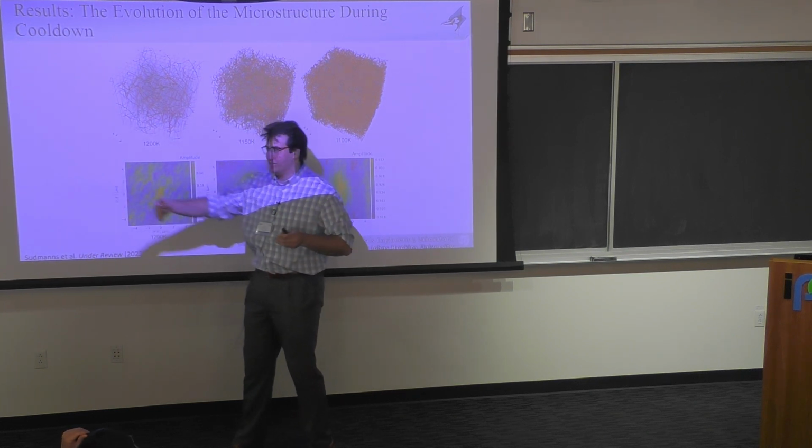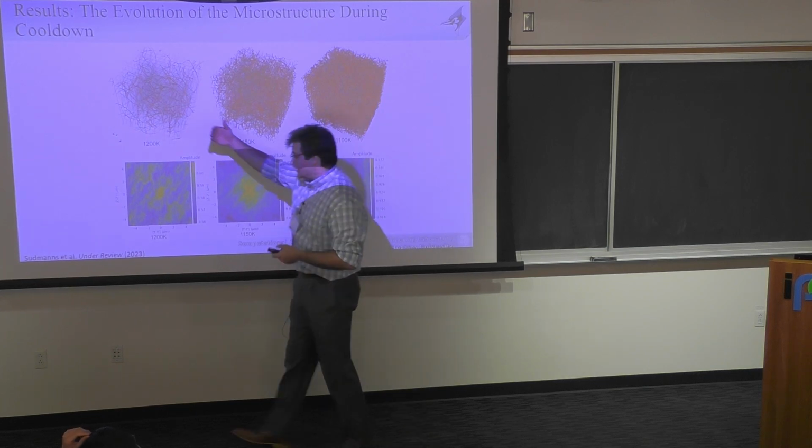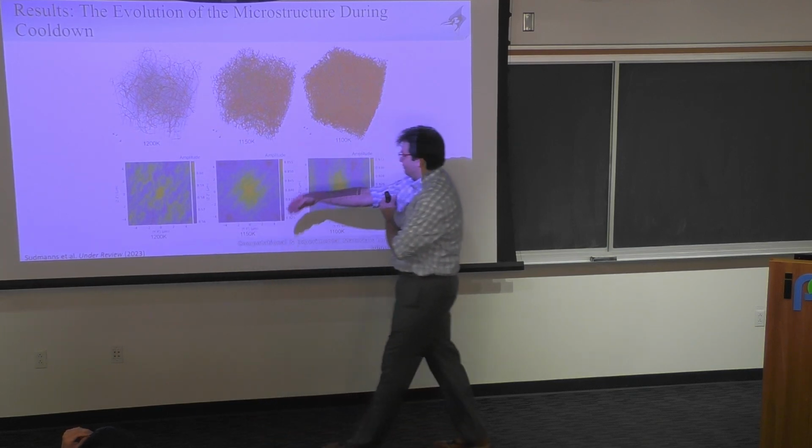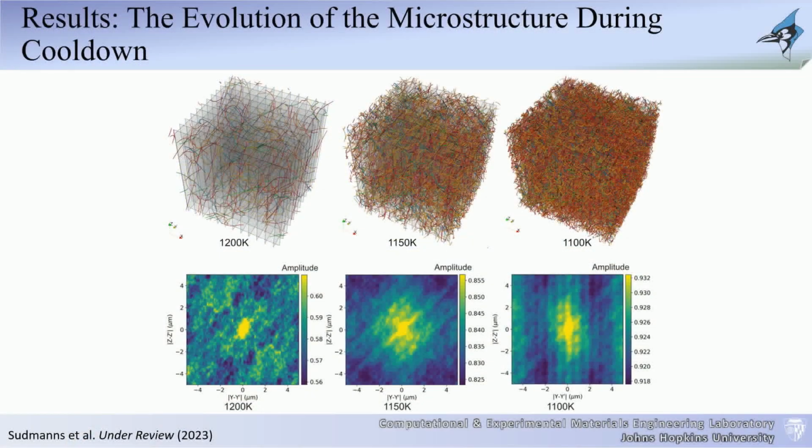I actually want to see the evolution as the cool down happens. So we actually did this very recently. This is a paper that is still under review. But you can look at the evolution as a function of temperature. So I'm actually decreasing temperature in my simulations, and my stresses are changing as a function of time with a particular cool down rate that I'll mention in a minute. But nevertheless, this is how the dislocation structure is going to evolve.